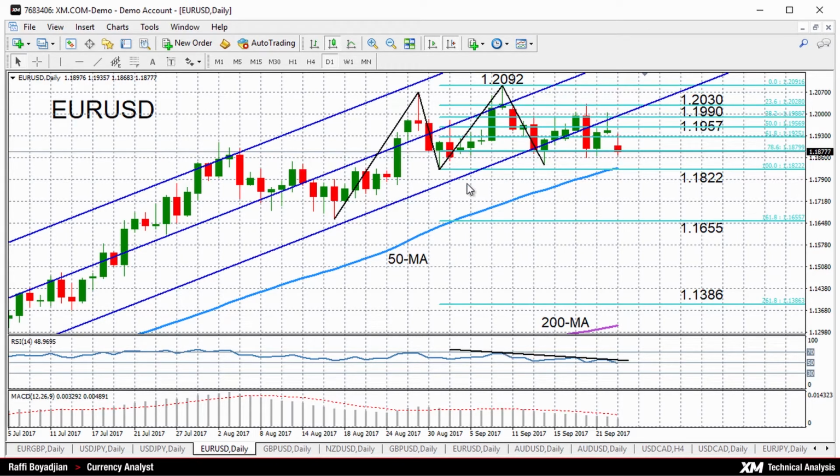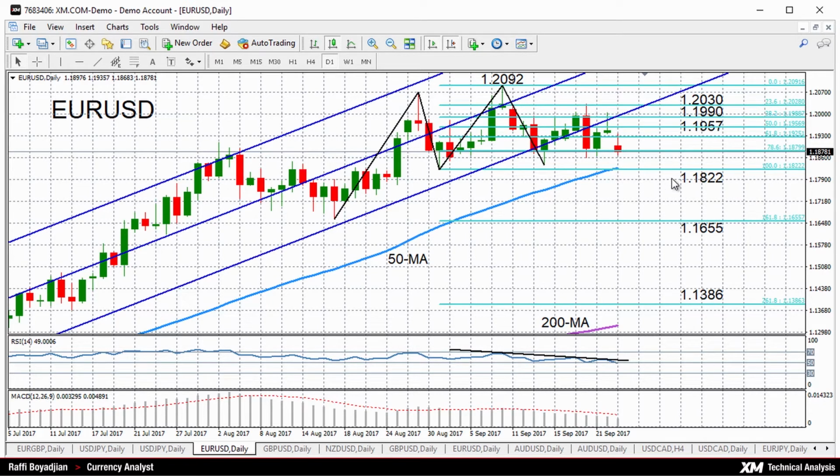Although prices did hit a new 2.5-year high of 1.2092 early in September, the RSI has actually been making lower highs and lower lows during that period, and the MACD has also been gradually trending lower and is currently below its red signal line. Prices are currently trading around 1.1877,